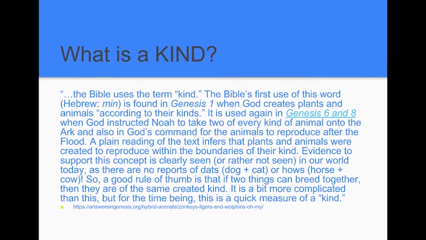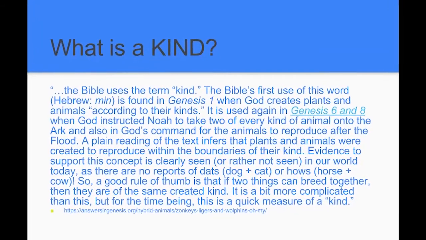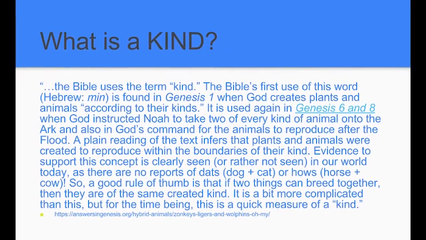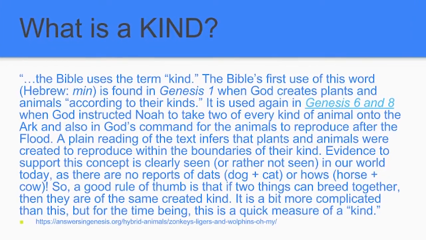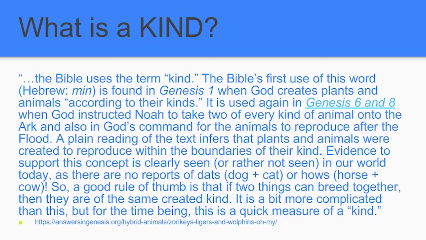The Bible uses the term kind. The Bible's first use of this word, which in Hebrew is min, is found in Genesis 1 when God creates plants and animals according to their kinds. It is used again in Genesis 6 and 8 when God instructs Noah to take 2 of every kind of animal onto the ark, and also in God's commandment for the animals to reproduce after the flood, according to their kind. A plain reading of the text infers that plants and animals were created to reproduce within the boundaries of